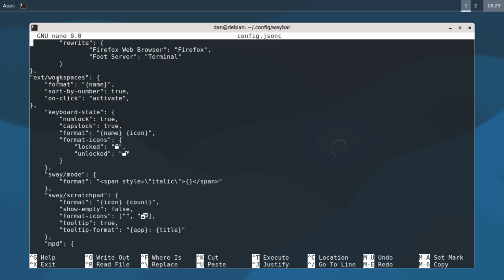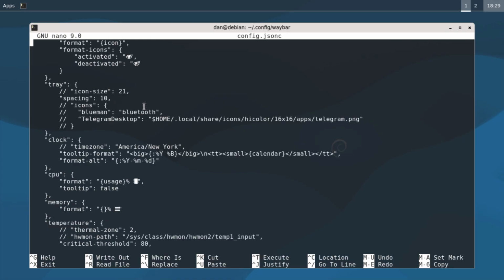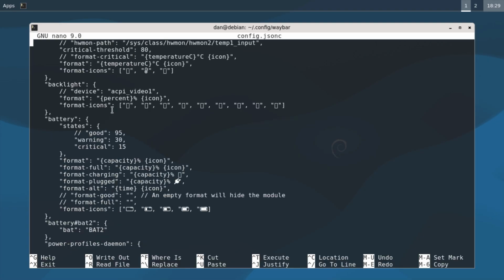Sway workspaces is more configurable, and Sway workspaces can also enable scrolling on the bar itself, which is not possible with the external workspaces module. External workspaces just gives you the workspace buttons where you can click on them, and it's working with labwc workspaces. So this is this, and let's just page down: tray, temperature,